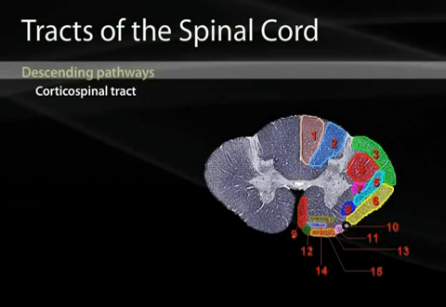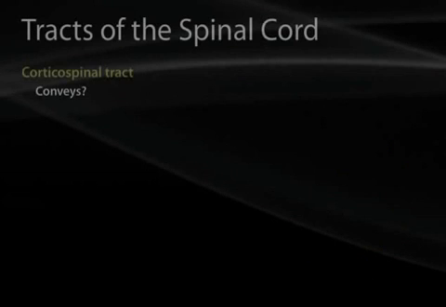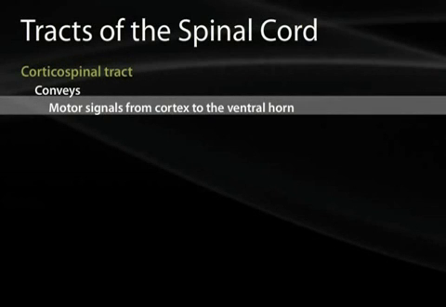Now let's talk about a descending pathway. The corticospinal tract is extremely important and another tract that we test clinically in patients. This is represented by number 4 in this image. What does it convey? Motor signals from the cortex to the ventral horn. So information coming from the precentral gyrus of the cortex will descend and synapse on the ventral horn of the